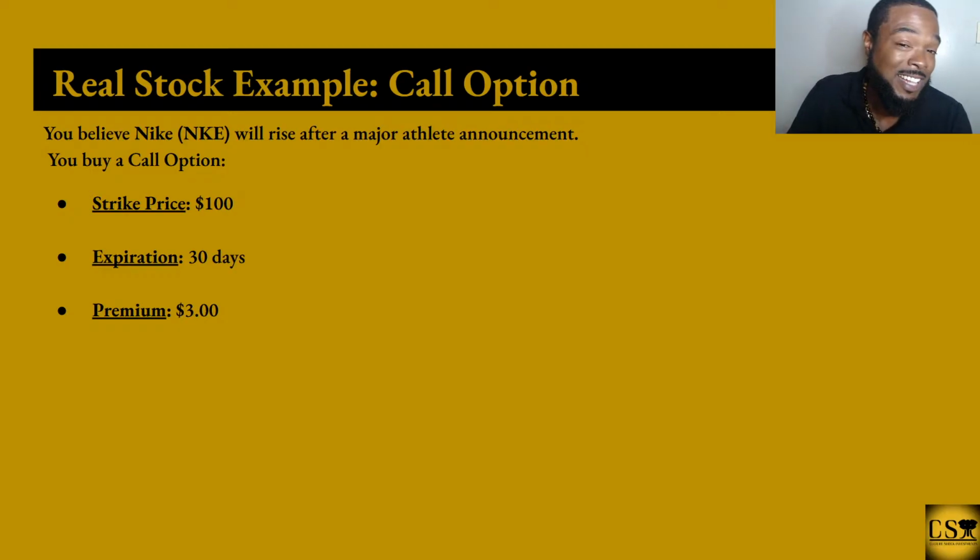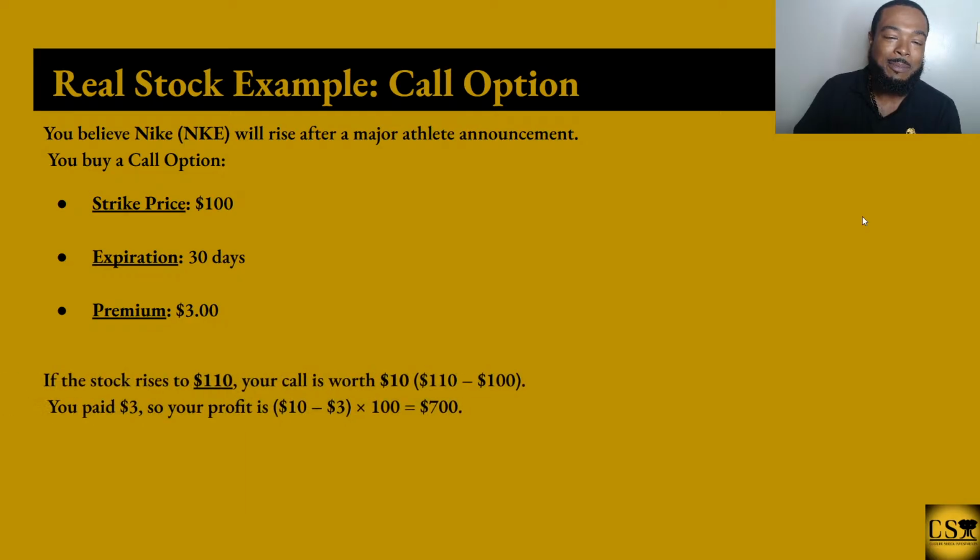Okay, people who own the stock, if you bought the stock, you can hold Nike for as long as you want, and that's the difference, and that's why it costs you so much more. But that premium of $3, okay, so we got 30 days to make this sale happen. We're going to say it's going to be at least worth $100, but we want it to be worth more than that. So we say it goes up to $110 in value. So now you paid $3 for your premium, and the stock goes up to $110. Or your premium goes to $10.